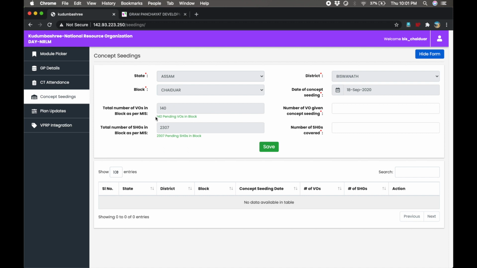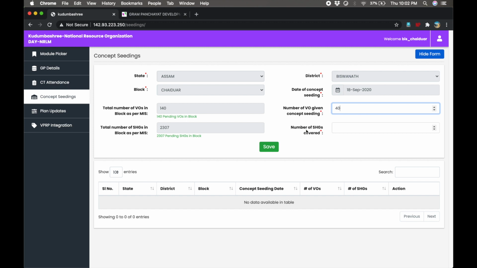Here it is visible that in Chaidwar block 140 VOs are left to be given concept seeding and 2307 SHGs are left to be covered in concept seeding. So on 18th, suppose 40 VOs have been given concept seeding overall. We write 40. Now the next question is number of SHGs covered.